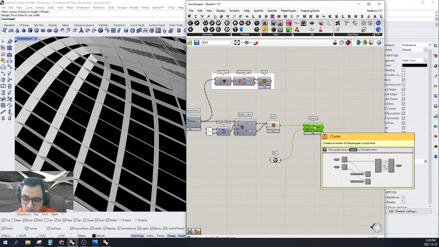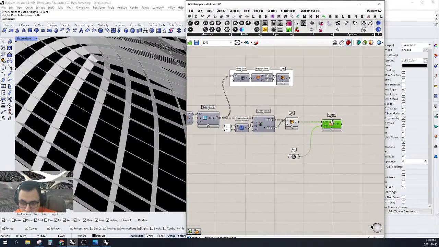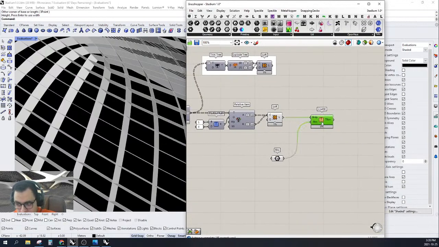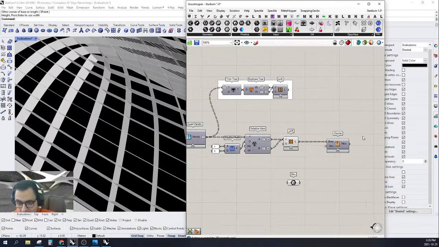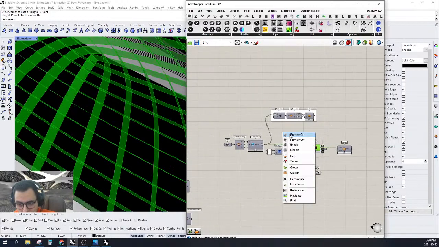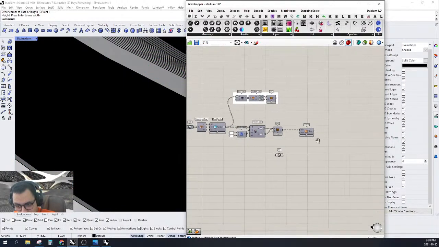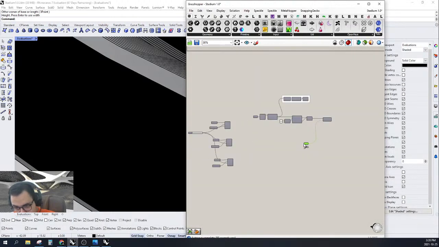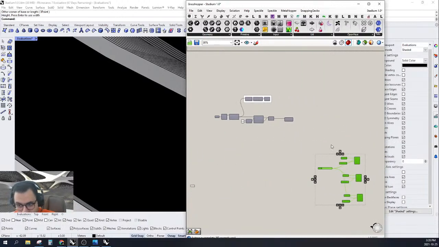Okay, so now this is perfect. Now we have our twisted boxes. I would like to morph our geometries right here, but for now I would like to move them forward, because